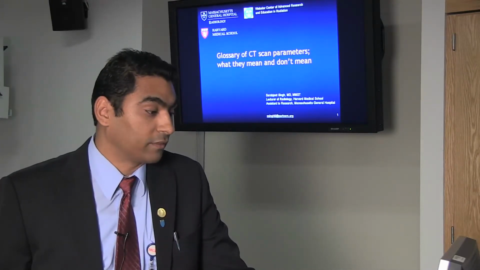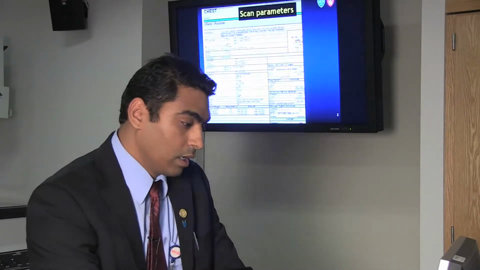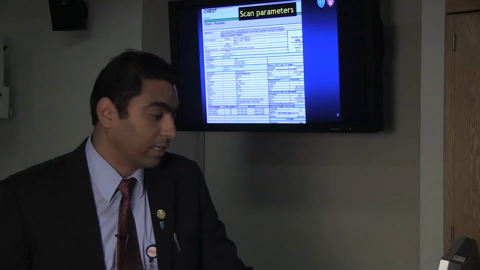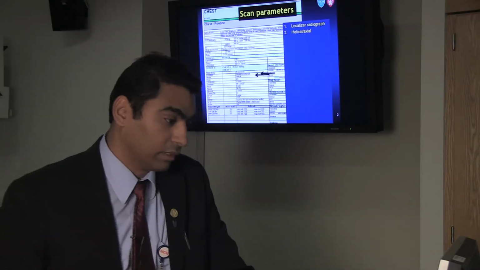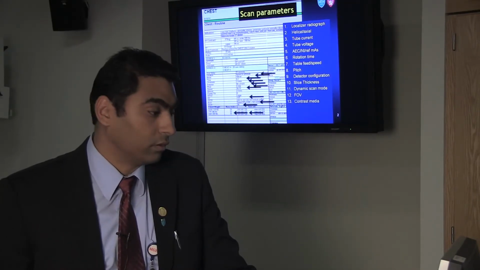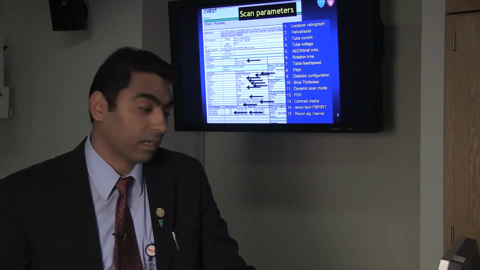I work at Mass General Hospital, and over the next 15 minutes we will take a look at the glossary of CT scan parameters. So this is how a typical CT protocol page looks, where we input all these scan parameters. So why is it important to first look at the scan parameters and understand their